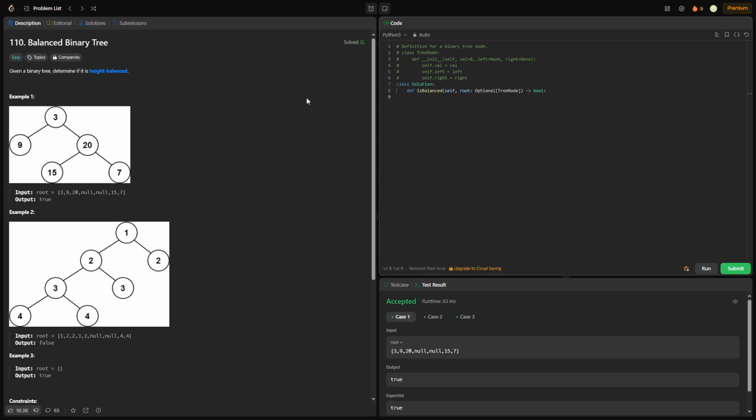Yo everyone, this is LeetCode 110, balanced binary tree. So we're given a binary tree and we have to determine if it's height balanced. A binary tree is height balanced if the depth of the two subtrees of every node never differs by more